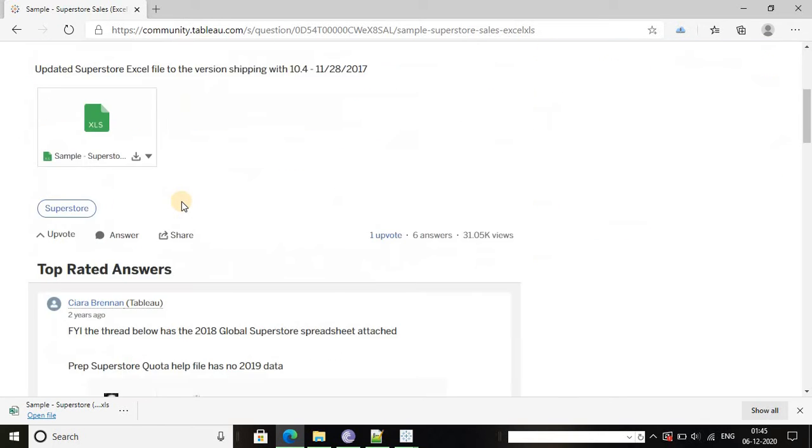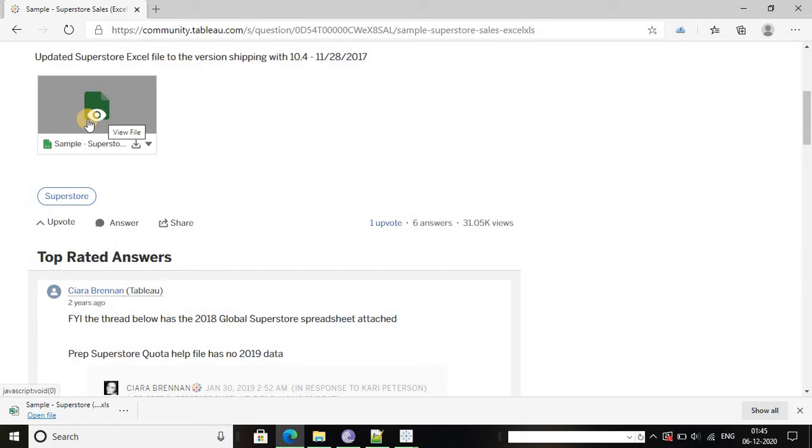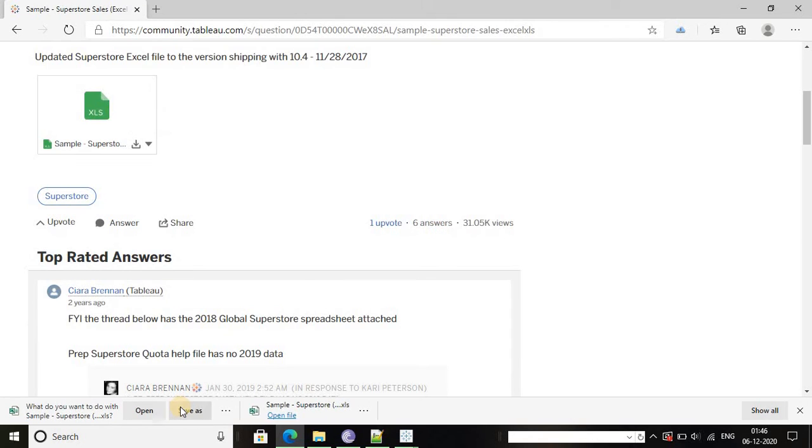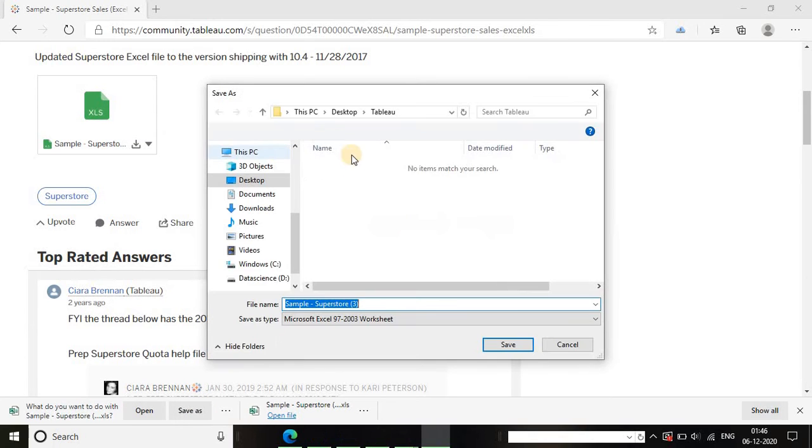Now we can see the dataset, which is an XLS file. I'm going to download this and save it into my local desktop Tableau folder.